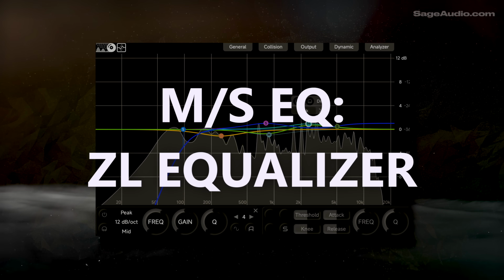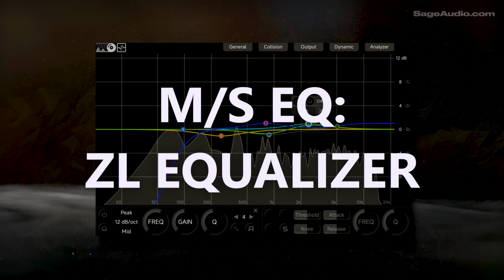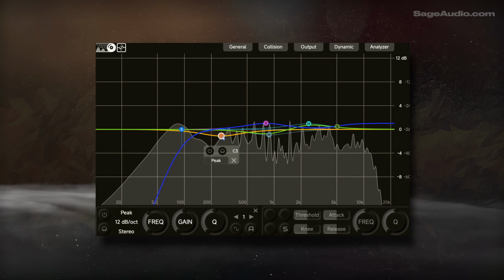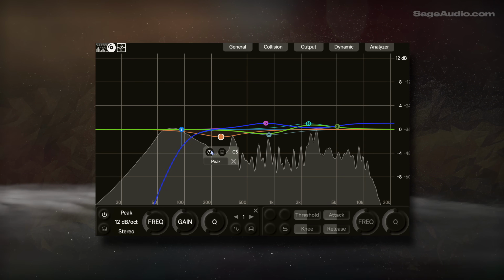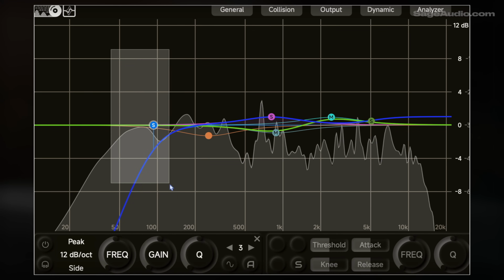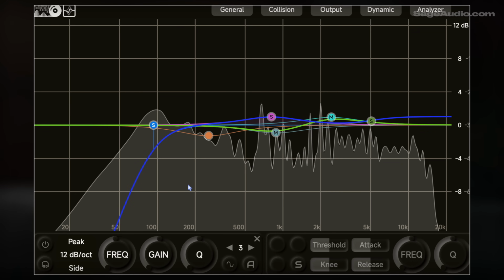Let's start with mid-side EQ with the ZL equalizer. Before I introduce compression or start amplifying too much, let's control the frequency response and the stereo image simultaneously with the mid-side EQ. The ZL equalizer is similar to the FabFilter Pro Q3, but it uses zero latency filters instead